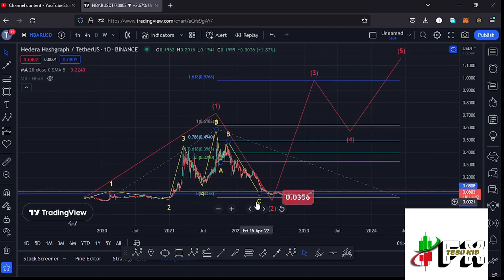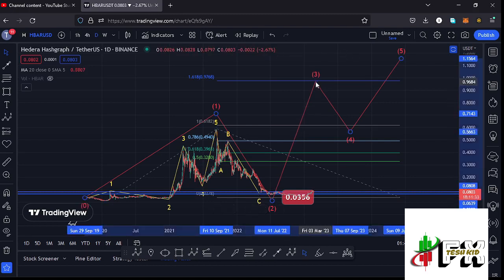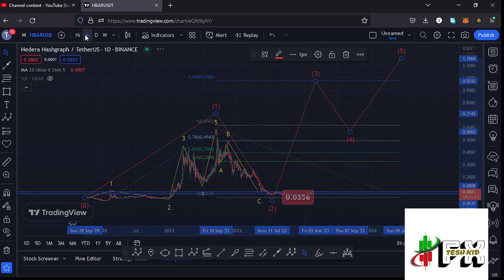And after seeing the low for that second wave to the lower side, whatever we expect here on the long-term scenarios is the start of a massive bounce to the upside in the formation of a larger Elliott wave count 3. And here on the daily chart, I have target areas to the upside in the formation of that wave 3 at the fib level 1.618, and that is at around the $0.9768 mark, and that is the minimum that I'm expecting that wave 3 to the upside to do. And once we see the high for that wave 3, then we can expect a corrective structure in the formation of that wave 4, then continue pushing even higher in the formation of that wave 5.